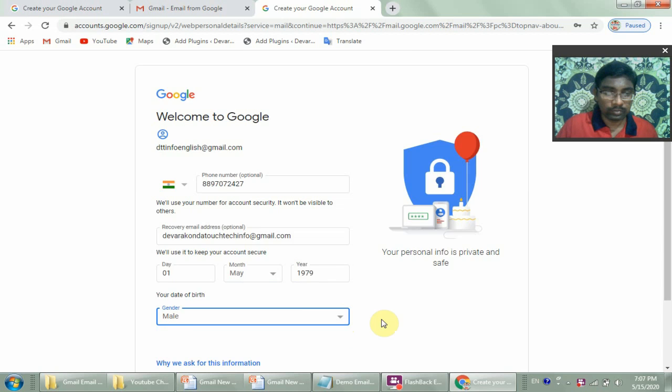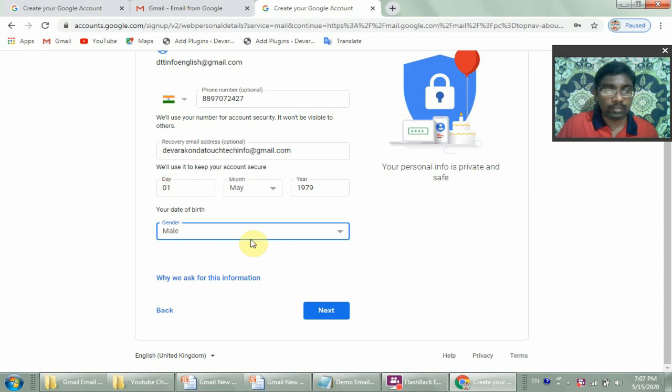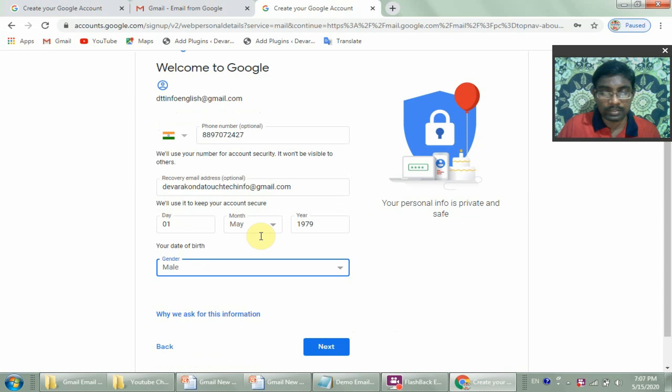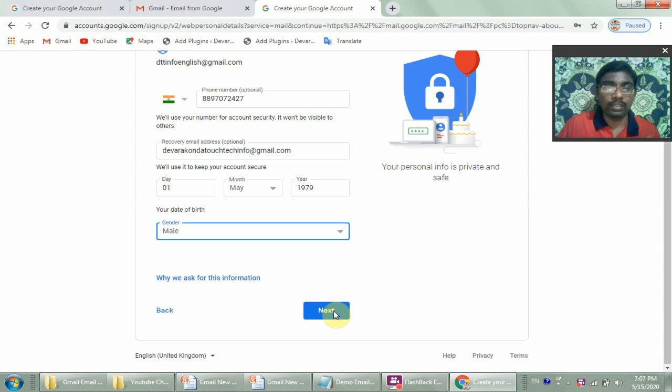Okay, friends, after clicking that option, please check once again your mobile number. You will get an OTP on your mobile. Please type that OTP on the next screen. Then your new email account will be created automatically. Okay, friends, click on the next button here. It moves to the next screen, the third screen. These are very simple steps, not at all difficult. Everybody can create a new Gmail account through a smartphone.